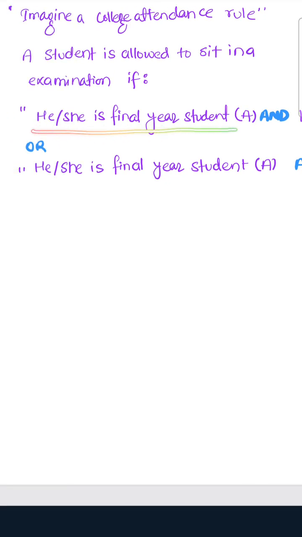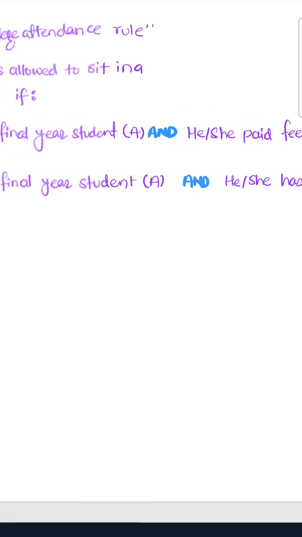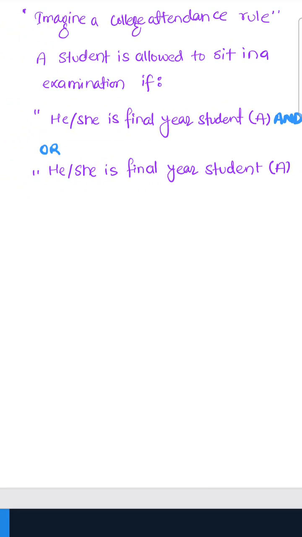Either you are final year student and you have paid all the fees, or you are final year student and you have special permissions. And mathematically this can be represented by